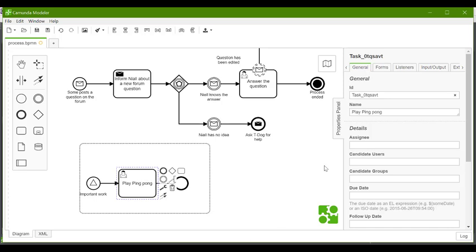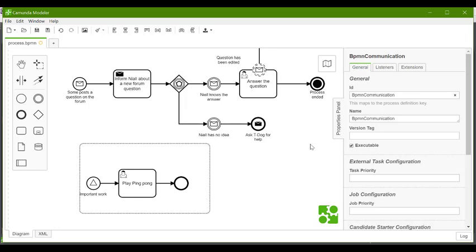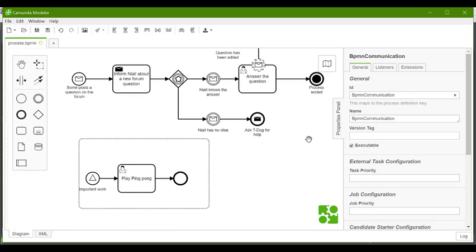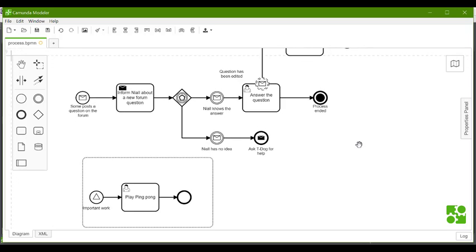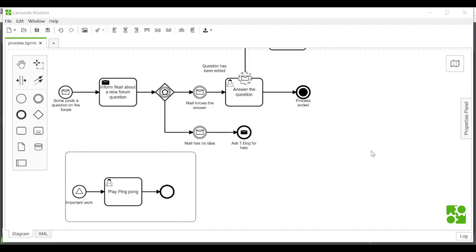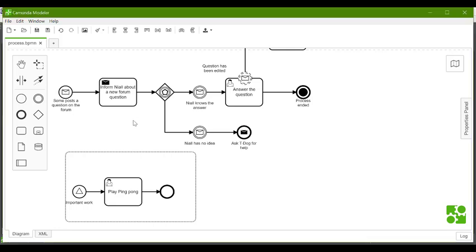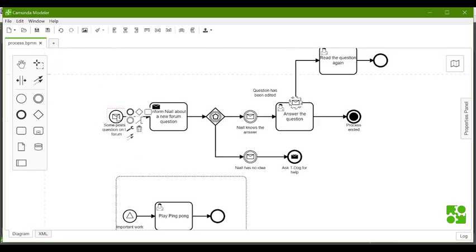Okay, so that's basically our model. This looks about right. This has basically everything that I need to take care of. And now that it's modeled, I actually just need to make this executable. And once that's done, it should be able to run okay. So now let's actually get started on making these things executable. We'll start at the very beginning here with our message event. So this is the message that will arrive in to start the process.